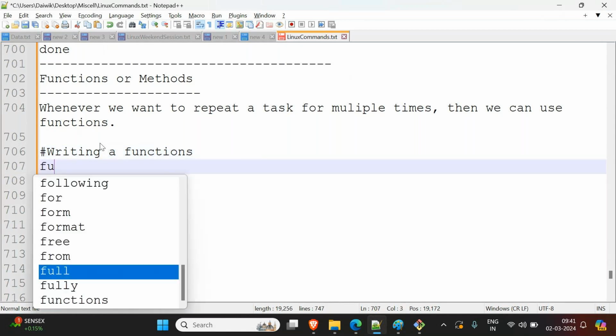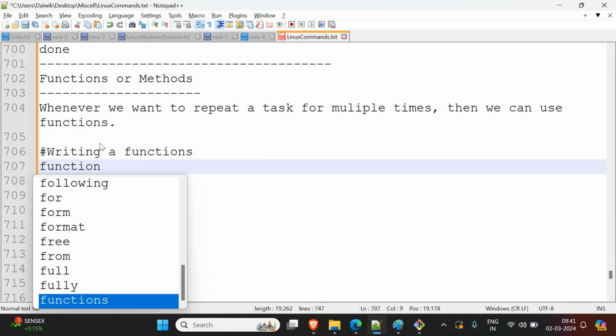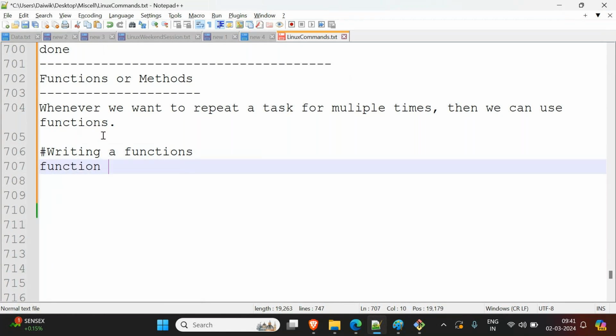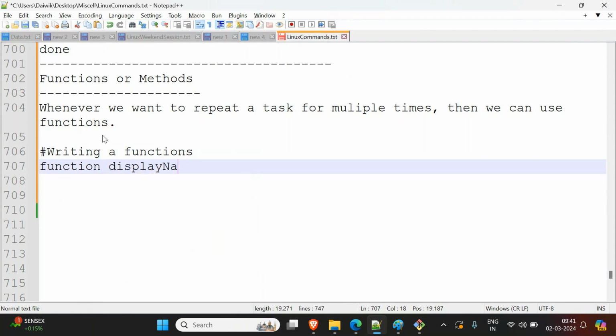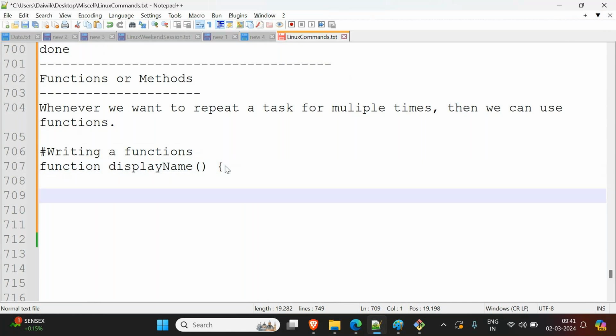First of all, you have to mention the keyword function. When you say function like this, your shell script understands that you want to write your own custom function. Then you can write your name, display name or something; you can give any name, but in the beginning you have to say function, so that your bash shell script will understand what you are going to do. And put a bracket over here. And then, same as in other languages, you can write begin. Okay. And then this is the end, and in this you will get